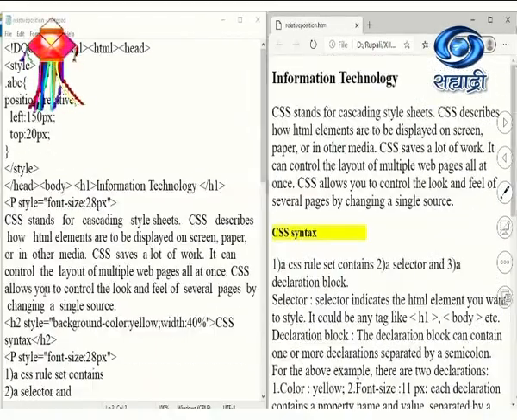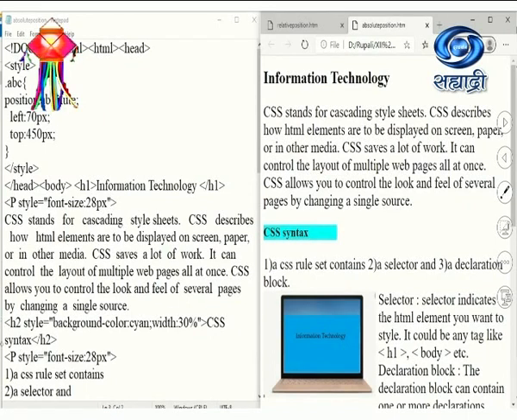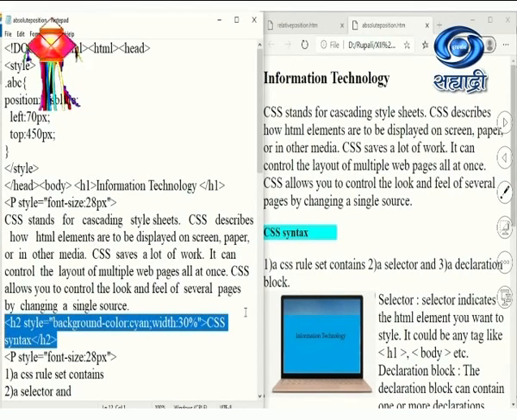Now next observe position relative. In the CSS syntax for H2, I have mentioned a yellow color and width 40 pixels, which is appearing here. Relative positioning means the position of your element changes relative to its actual position. Students, observe the CSS syntax I have given in the ABC style. If I write the style for H2 as background color cyan and width 30, it gets the cyan background color in the output like this.